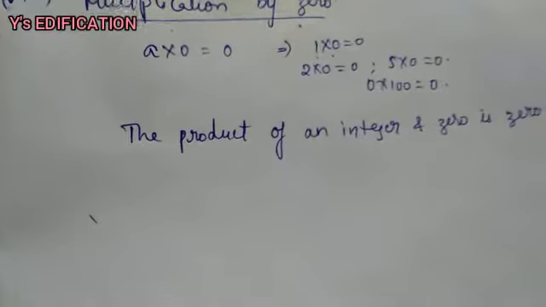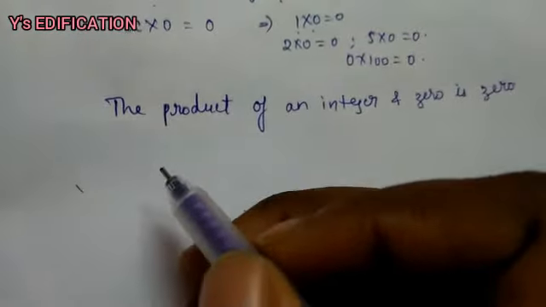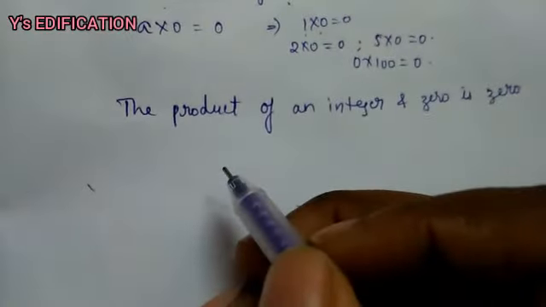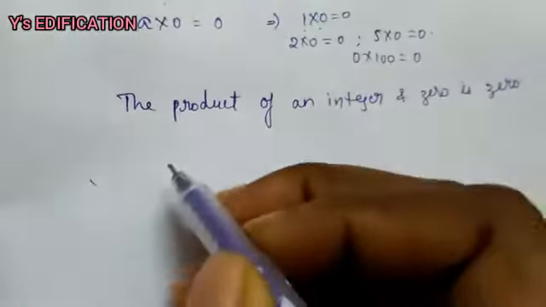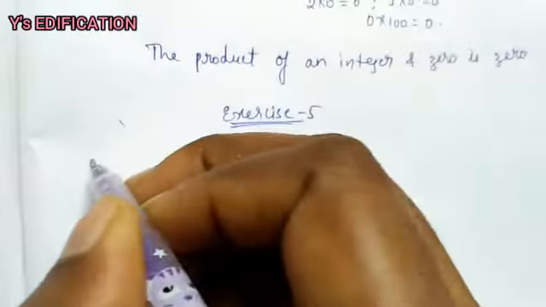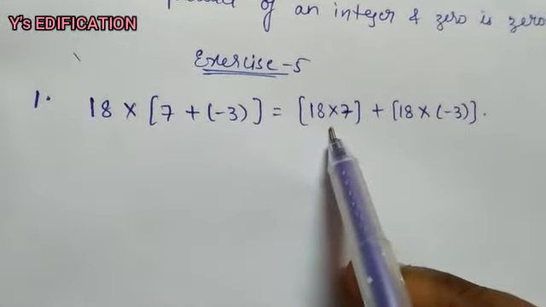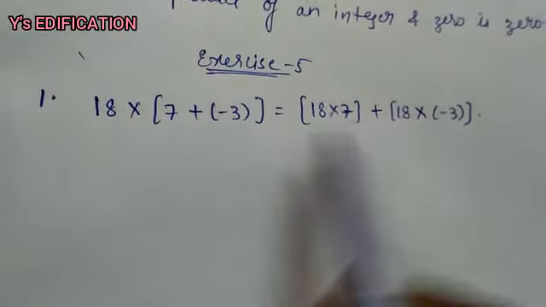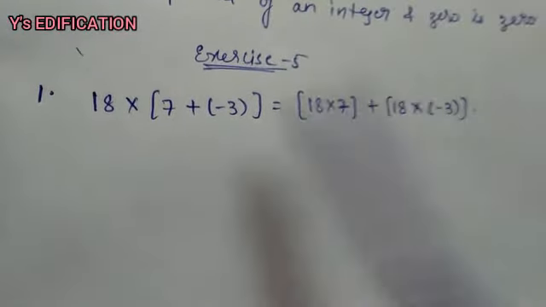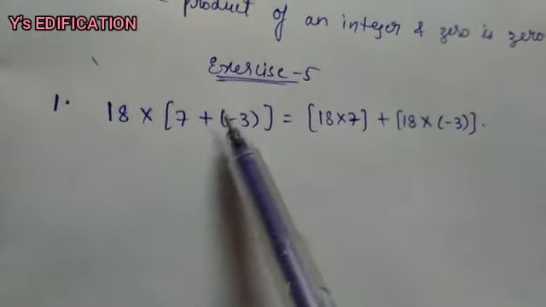And this is all about the properties of integers. Let me show you a few more examples on this. If you are following the SSC class 7 mathematics textbook, then in the chapter integers you can find exercise 5 with the application of these examples. Okay, exercise 5. So this is the first question. By looking at this question, we can tell what the property is. It clearly shows that this is a distributive property, distributive property with addition.